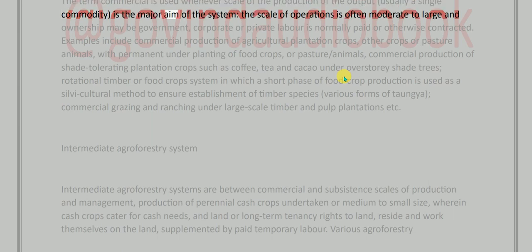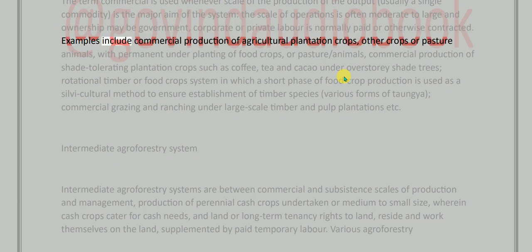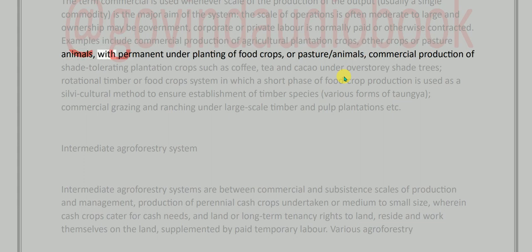aim of the system. The scale of operations is often moderate to large and ownership may be government, corporate or private. Labor is normally paid or otherwise contracted. Examples include commercial production of agricultural plantation crops, other crops or pasture animals, with permanent underplanting of food crops, or